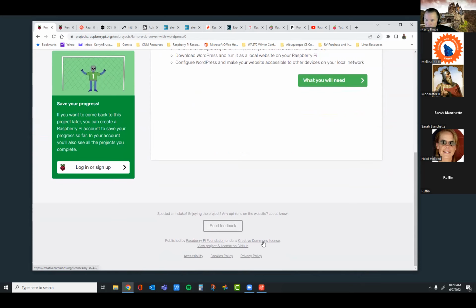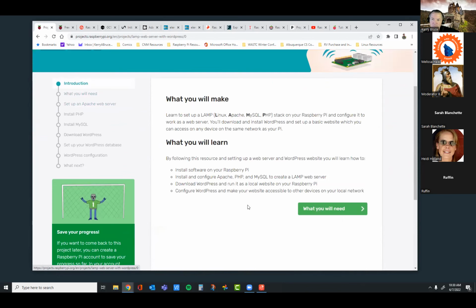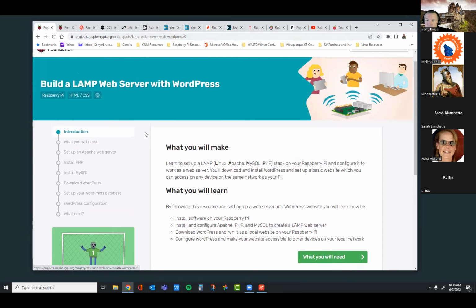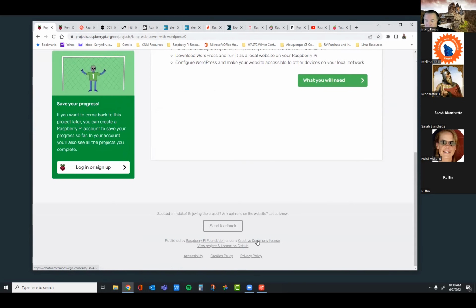yeah, these are published under Creative Commons. So if you wanted to pull these out and pull them apart and make your own, just following these examples but not in this format on this webpage, you're allowed to do that. You may want to check exactly what you do. You probably have to refer that it came from the Raspberry Pi Foundation, things like that. I've seen that happen all the time. So if you didn't want to use this directly,